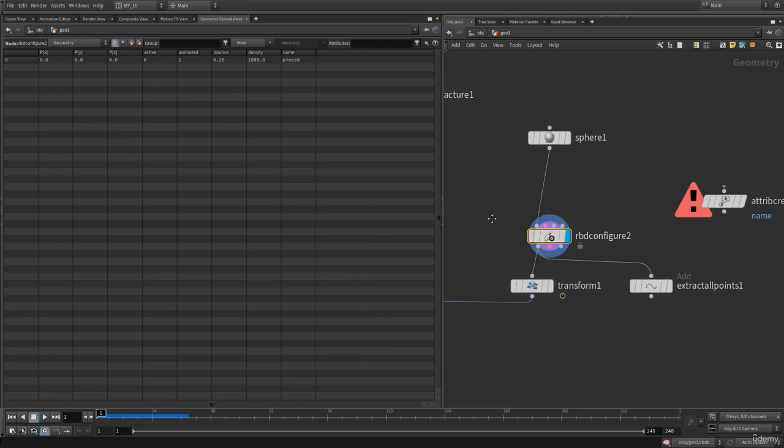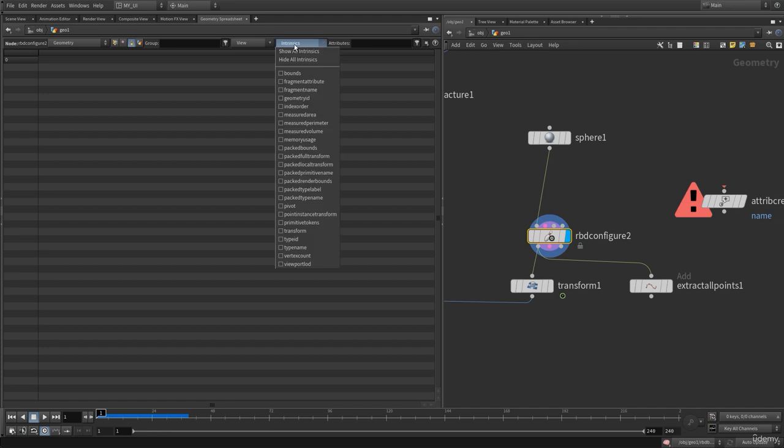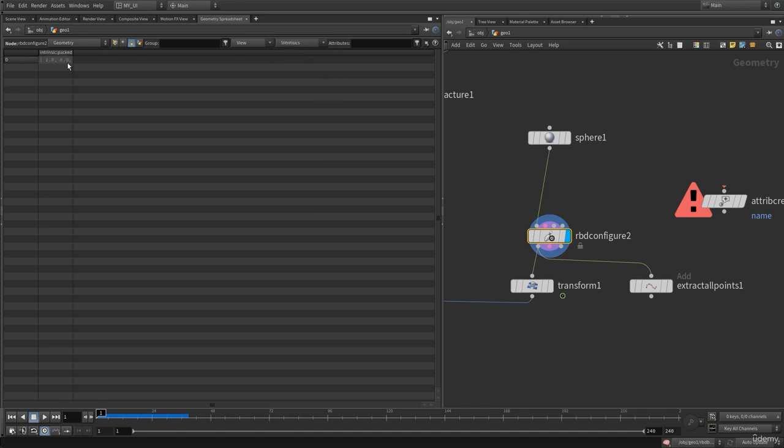And on the primitive, we have some intrinsic attributes, and I can view them by going onto my primitive attributes. And in here, we have the option to view the intrinsics. If I view this, here you can see we have our intrinsic attributes. We have the packed full transform. And if I enable this, here you will see that it is creating a 4x4